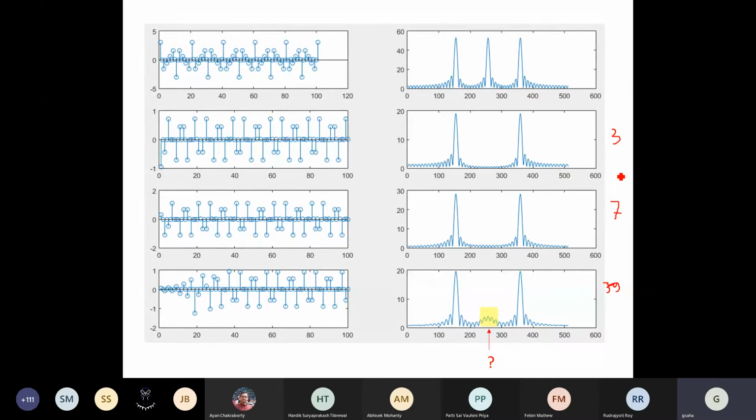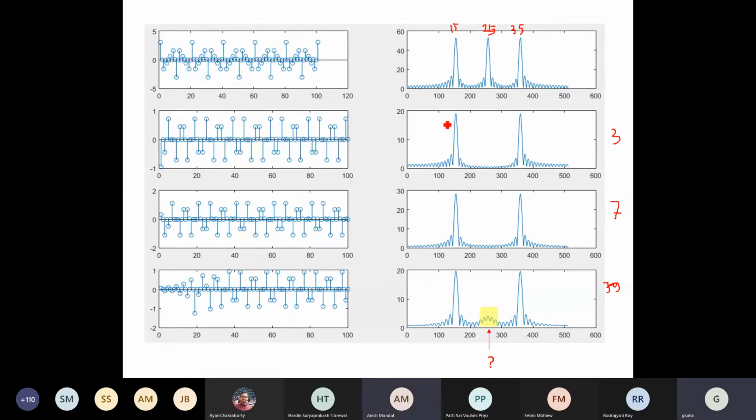Yes, anyone? What is your observation on this? For all the three cases, 3, 7 and 39, we see that the peak which was initially at the 25 hertz frequency, the middle one, has been eliminated due to the notch present. Right. And the others are fine. They have not changed in relative magnitude and all because they are in the passband also. Okay.